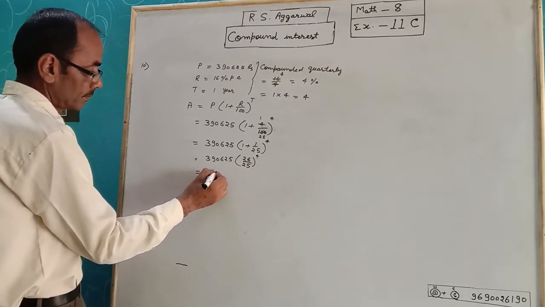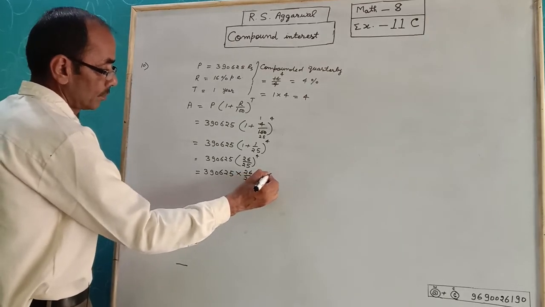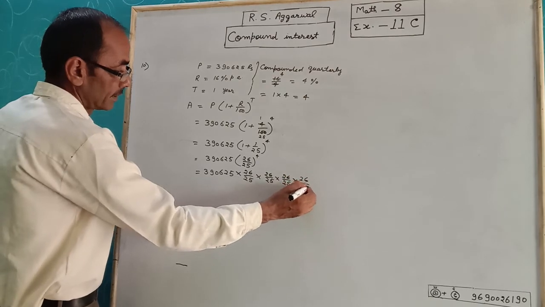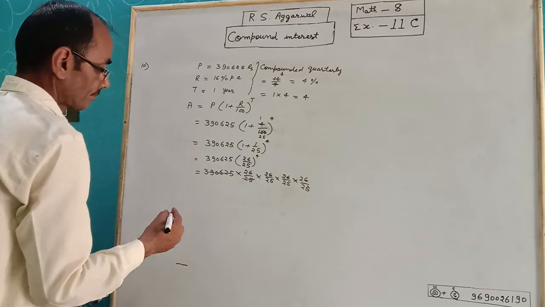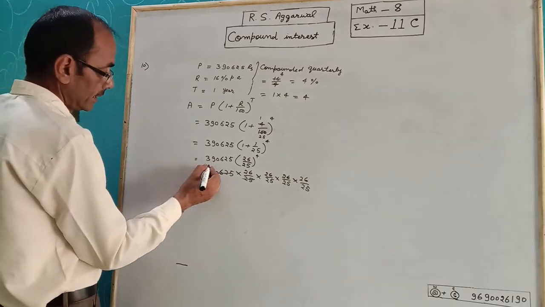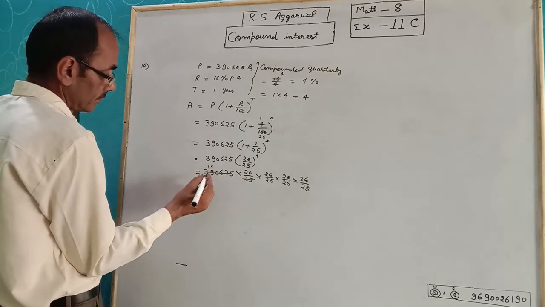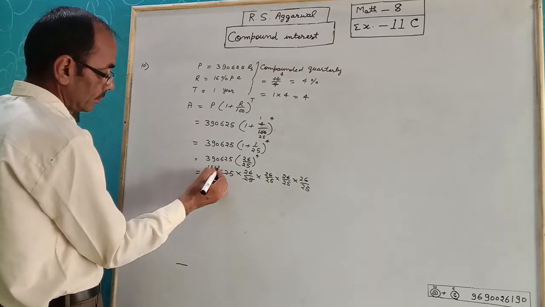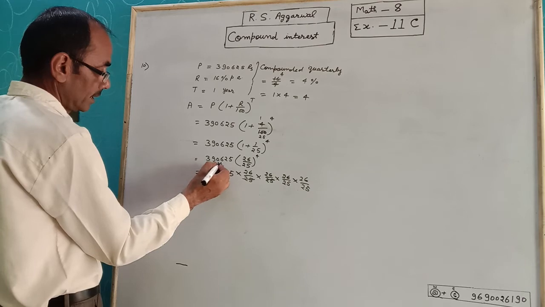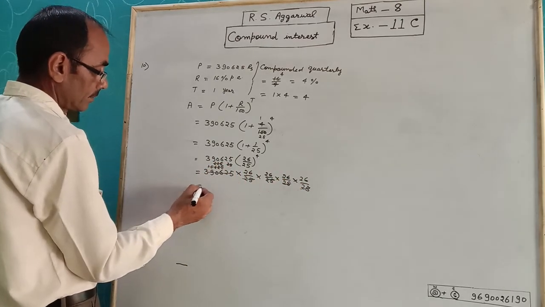Write the expanded form: 26 upon 25 into 26 upon 25 into 26 upon 25 into 26 upon 25. 25 is 25 1 ja, 5 ja, 6 ja, 2 ja and 5 ja, 25 6 ja, and 25 by 25, after multiplying